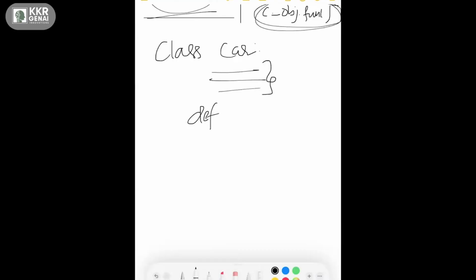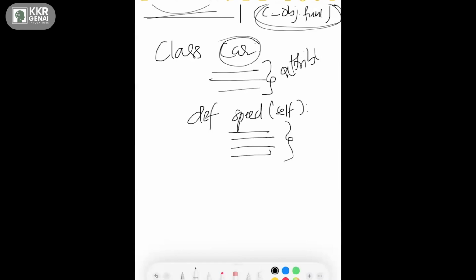The first method that I'm writing here is the speed method, and let me pass self. I'll explain this method next time, but for the time being, let's assume we have one method. For the car, we have attributes or variables, and these are methods.